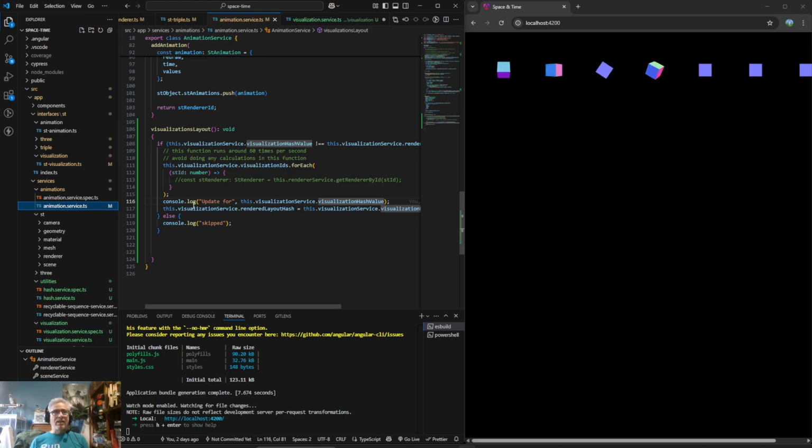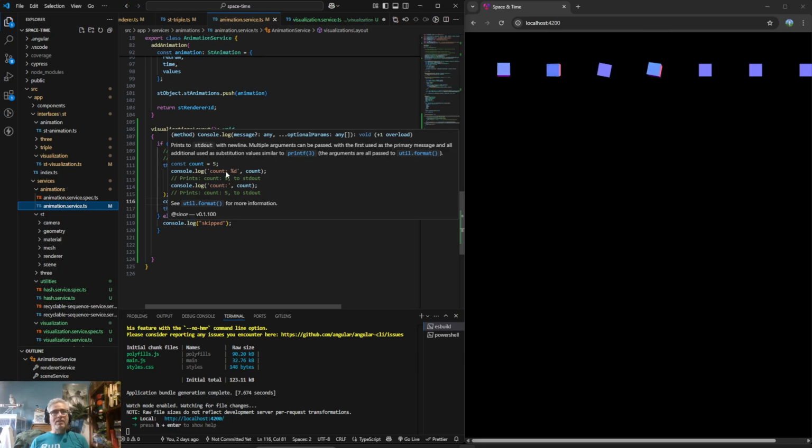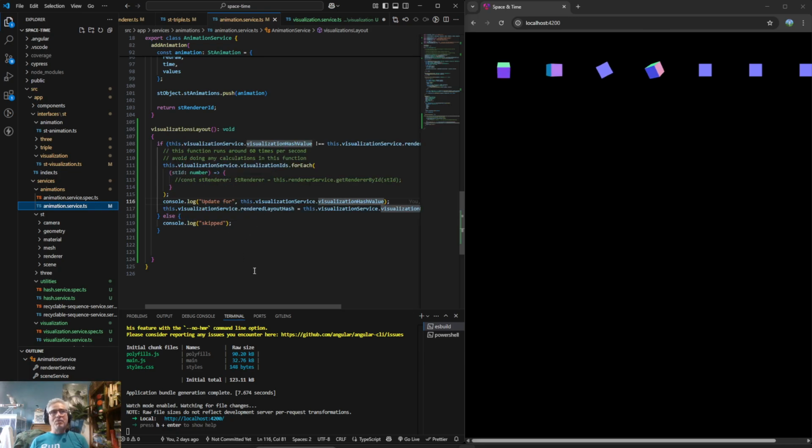This visualization layout is running 60 times a second. It's going to try really hard to run this 60 times a second. If you add a bunch of work into this, you're going to bog it down. This other visualization service, that code can run 1,000 times a second. I don't care. If it has extra cycles, use them. If it doesn't, don't use them. But it's the one that's doing calculations and updating the underlying code. This is just taking whatever calculations have been figured out and updating the screen with it. I've just completely divided those two things out.